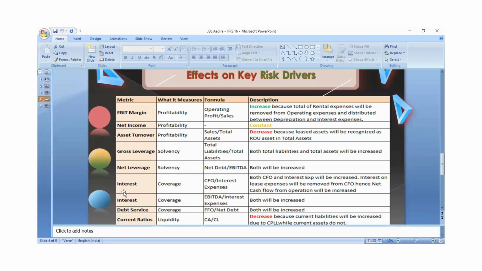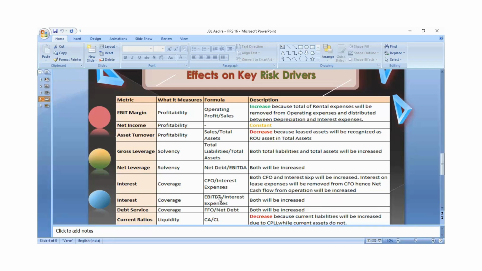Now the interest expenses, which ultimately signifies the coverage of a firm. Interest service coverage ratio and debt service coverage ratio are all important lending-based ratios which are calculated by banks or financial institutions before taking any decision whether to lend money or not. Even if a bank or financial institution has lent money, it is their responsibility to check whether the borrower will timely pay interest as well as timely pay the principal, for which these two important coverage ratios are required. Now interest expenses will be increased.